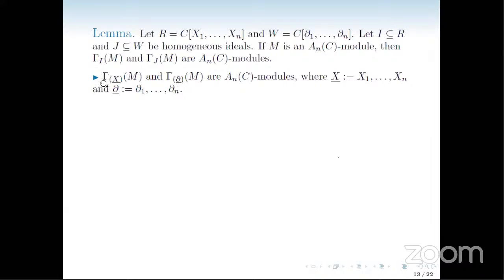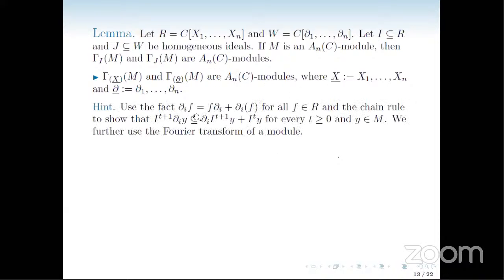Now in particular we can say that this Γ_xn and Γ_∂n are ANC modules. To prove these results, we have used this fact and the chain rule to show for all y in A. So then if I m, then it must vanish for some power t of I, then this will vanish. So it will give us that this